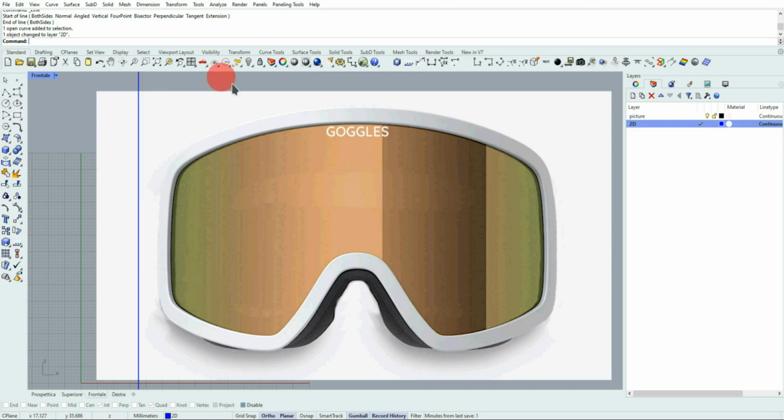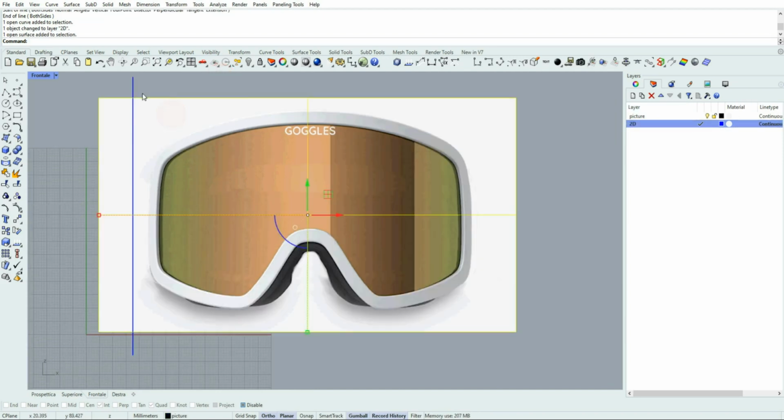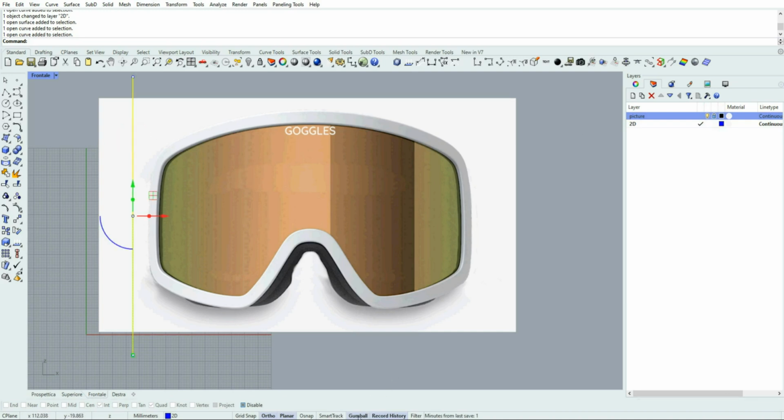Then select the line. But as you can see, I can also select the picture, so I have to lock the picture layer. Okay, I select the line by using gumball.